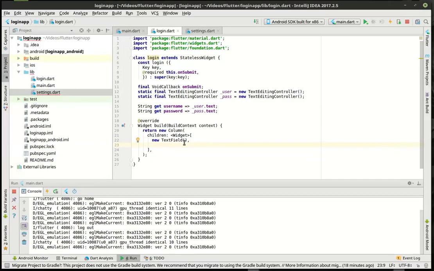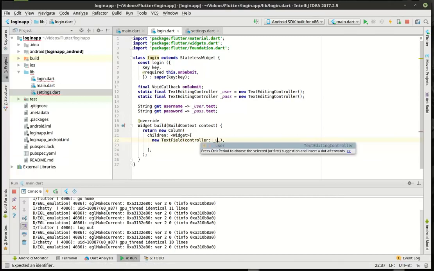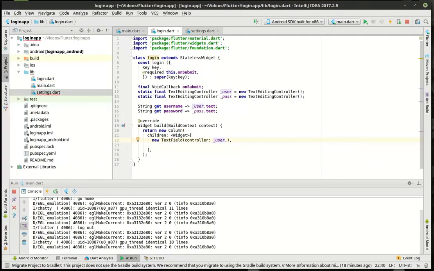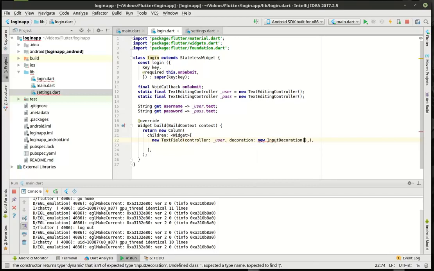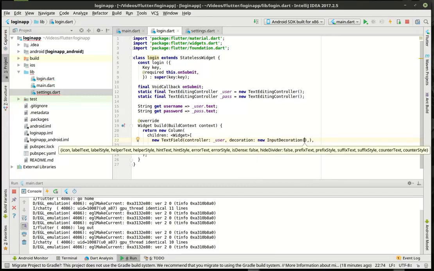You've got to work with them a little differently. So we're going to add in the controller, the username controller. And then we're going to say decoration equals new InputDecoration, and in here we're going to say hintText equals,